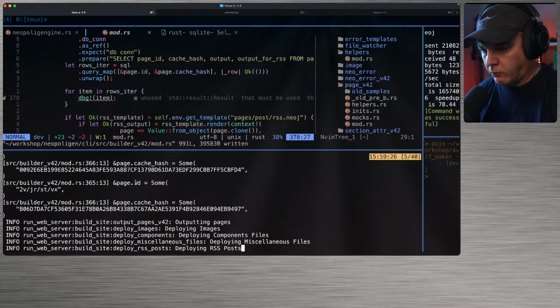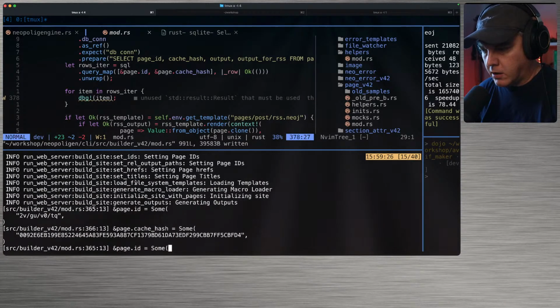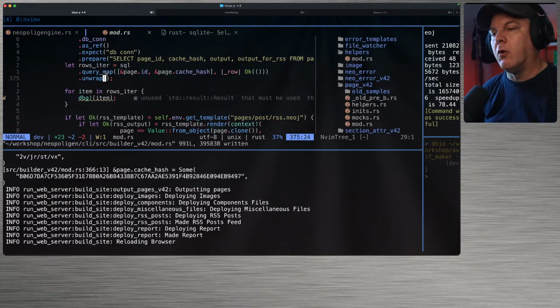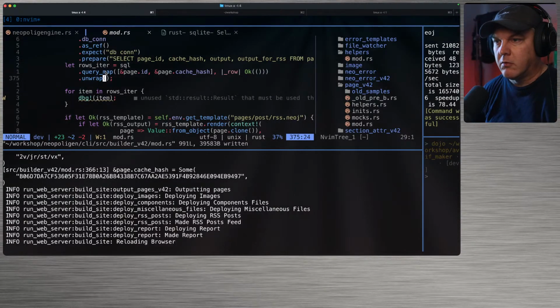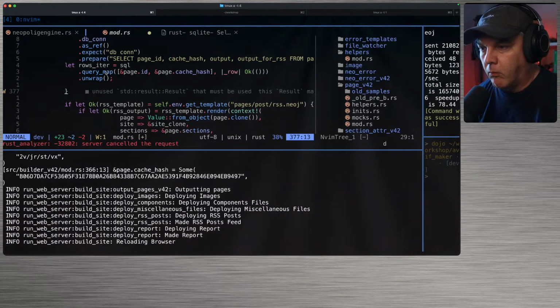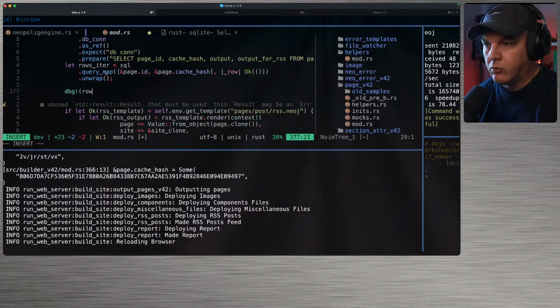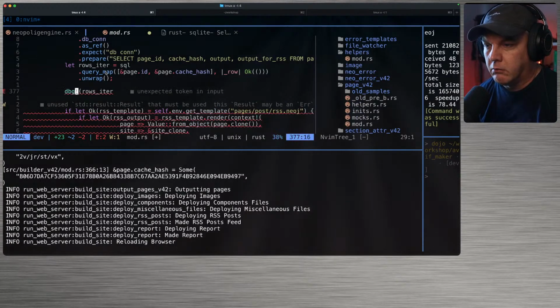Page cache hash, page cache hash. Where is my... I don't think that mapped. Oh, it's not in there. Right, because that cache isn't in there right now. So debug rows iter